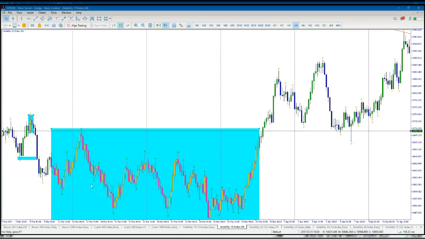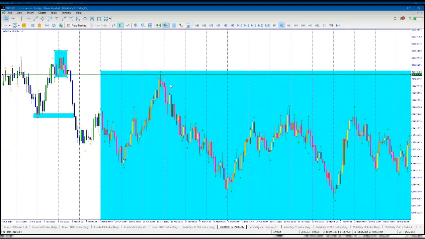But to be sincere, if I was looking at this trade, I wouldn't have been in this sell. Why? Because I will be looking at what price is doing from here. So let me scale down to H2. For example, looking at the price action of this zone now, for supply and demand traders, this will be their POI.